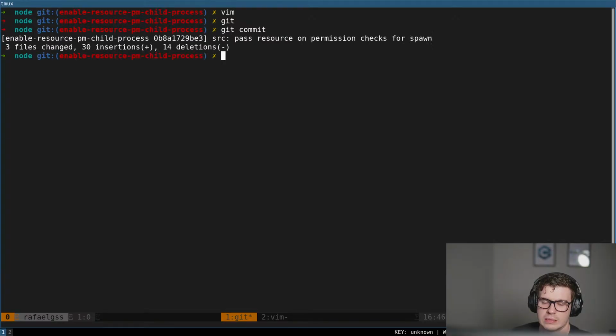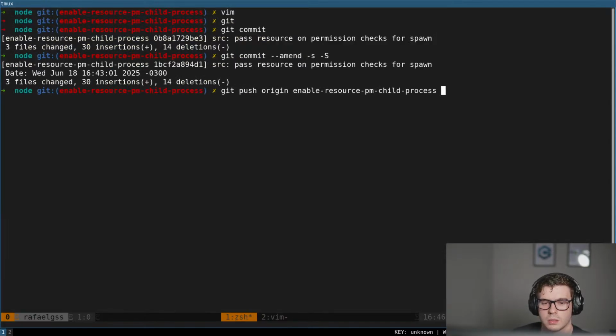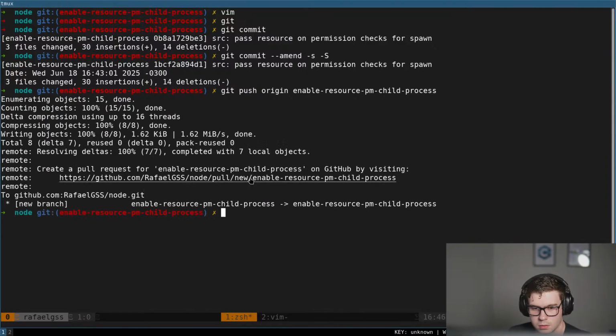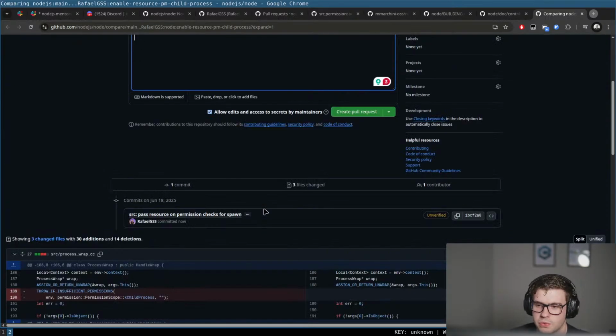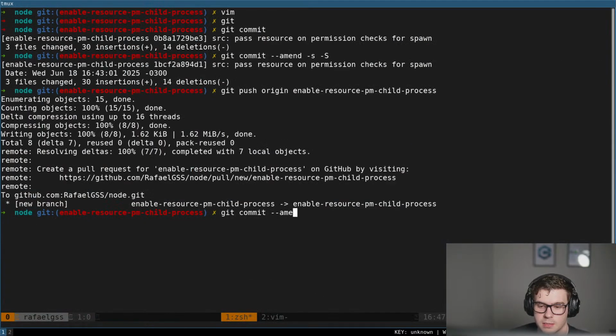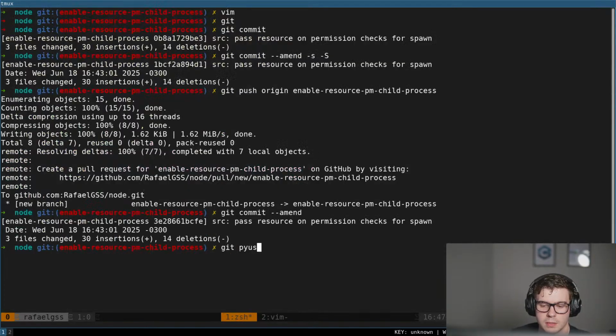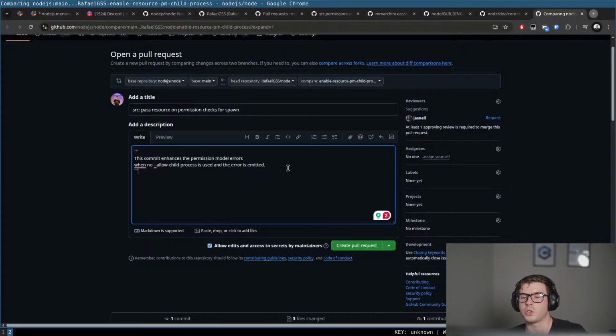Okay, I think that's it. Let me just amend with sign. Okay, opening the pull request. Remember, folks, creating a descriptive commit is a must. Yes, enhances. Let me amend my commit because this is incorrect. Enhances. Having good commit messages is a must when you are working on open source, because every time we bisect the history of Node.js, and you know,